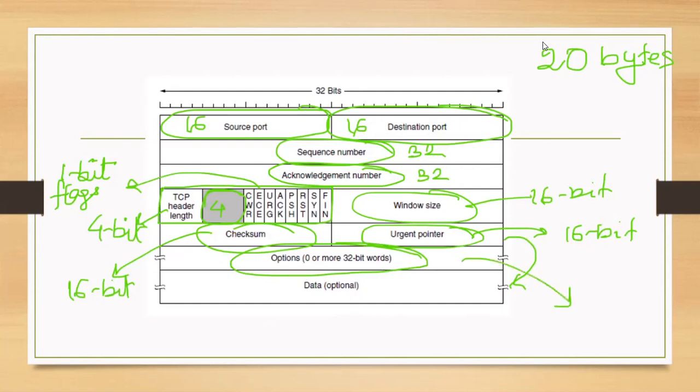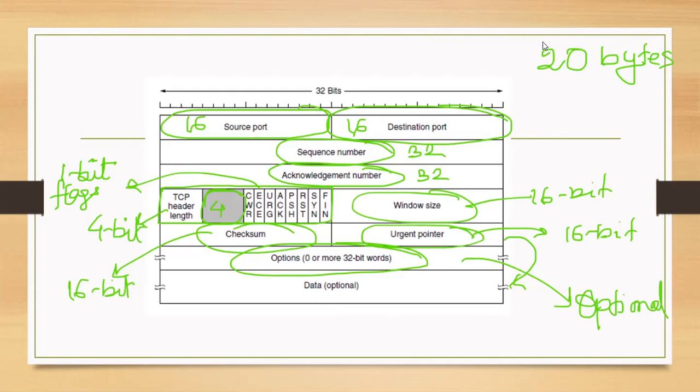In this optional part you may have certain features which are not included in the fixed header, which are like add-ons to TCP. If certain add-on features of TCP are being used, then they will appear here in the options part.